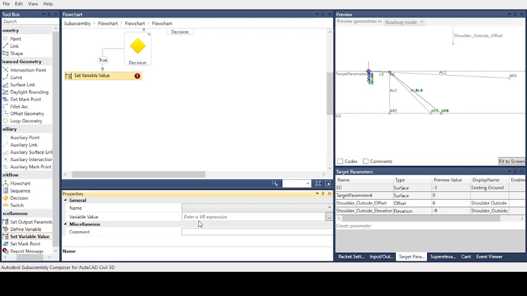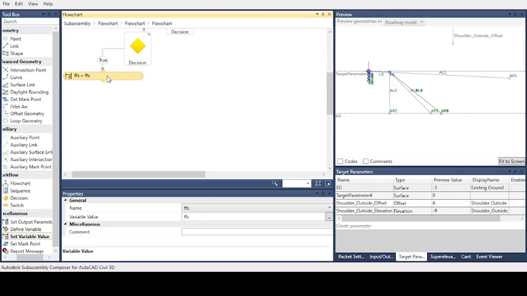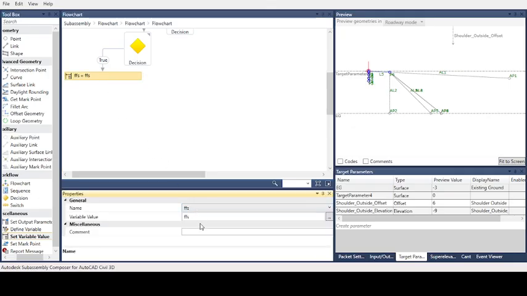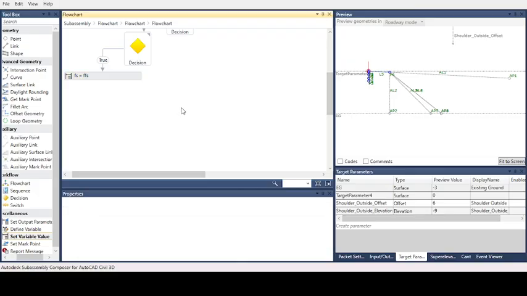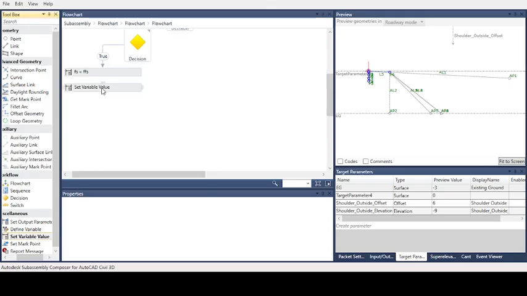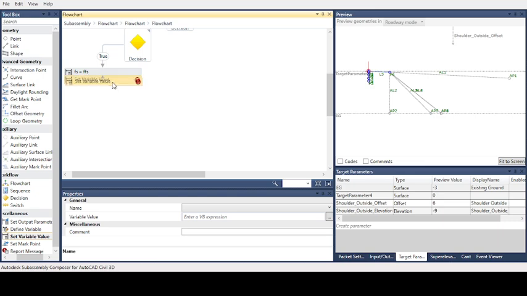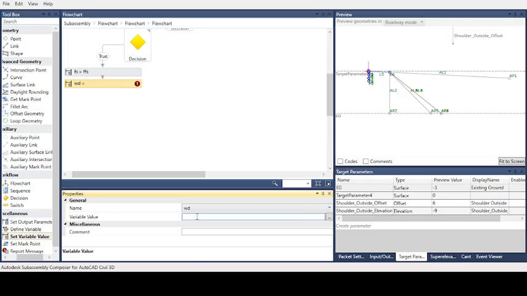This variable is flat fill slope, and the value is also flat fill slope. We will also set a variable for the widening. In this case, the widening is 0 because it is less than or equal to 1 meter, but we will put the value 0.